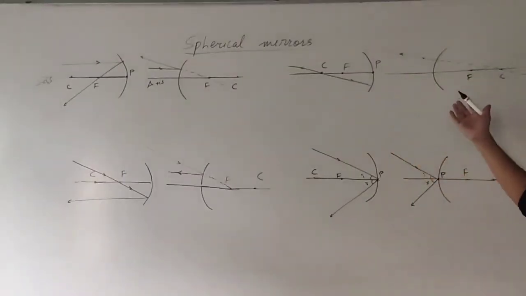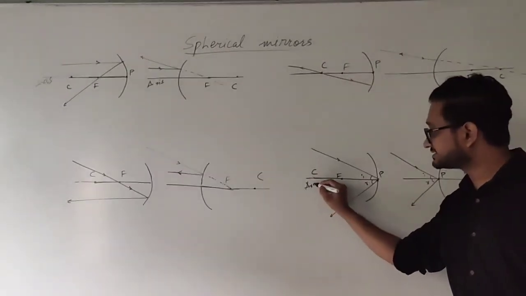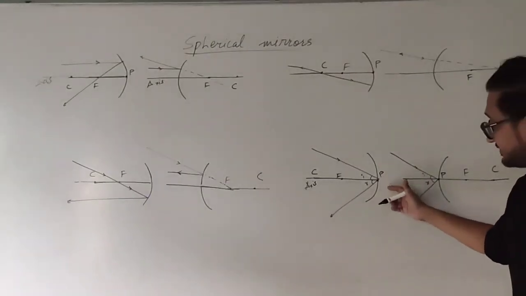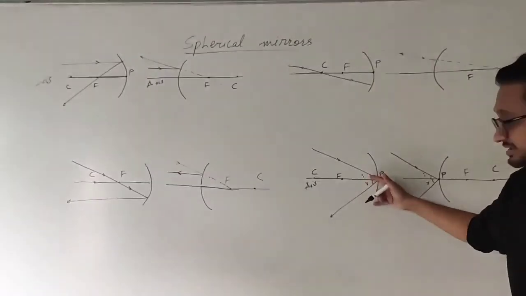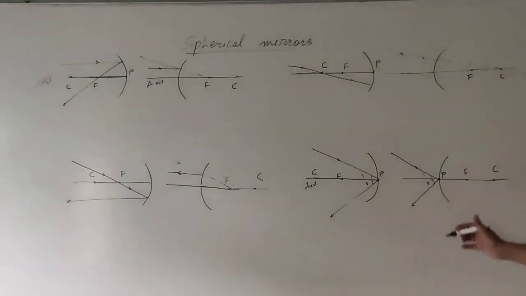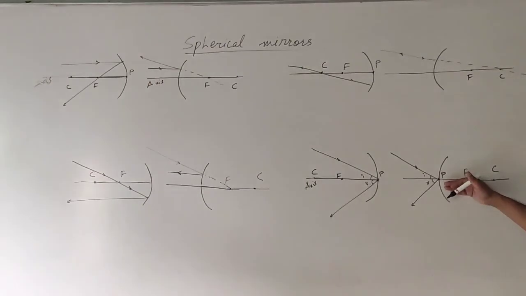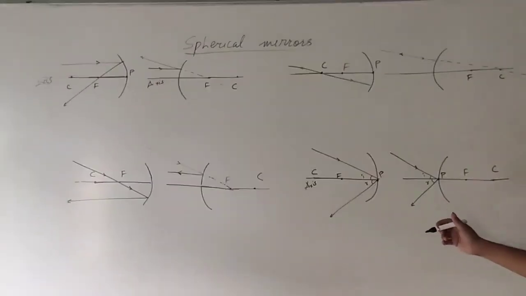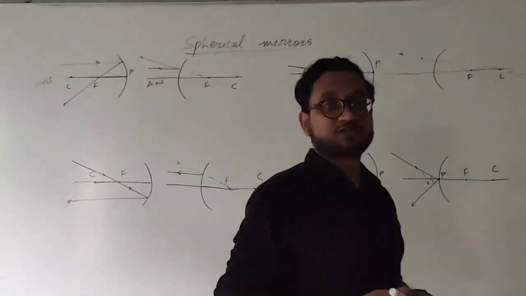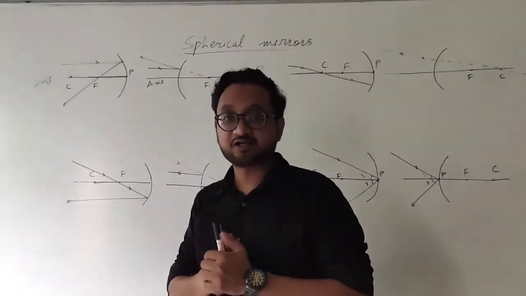Okay. For concave and convex, and ultimately the last case where the principal axis acts as a normal, when a ray of light is incident on the pole, at that point it will create the angle of incidence, then the reflected ray of light will create the angle of reflection. Similarly over here as well, if the ray of light is incident on the pole, then the reflected ray will be created in such a way that the normal creates the angle of incidence and angle of reflection. So I hope it is clear to you, students. These are the 4 cases to remember before we move forward, and these are really important.